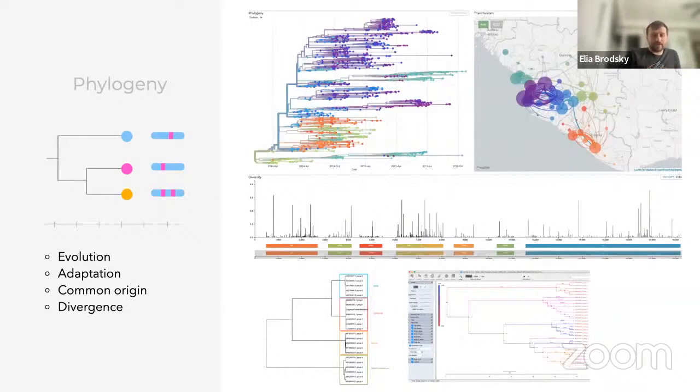That kind of analysis is helpful because we can try to associate clades of genomic diversity, or groups that are genomically similar to each other, with some phenotype. For example, a phenotype associated with the location or type of people